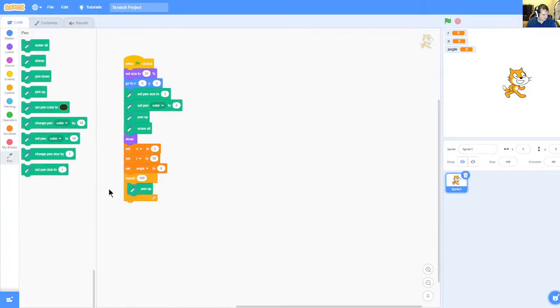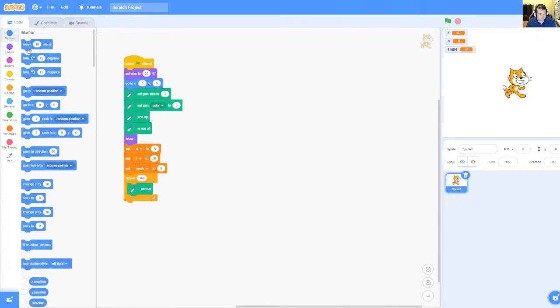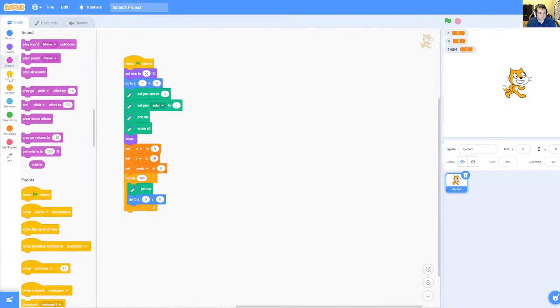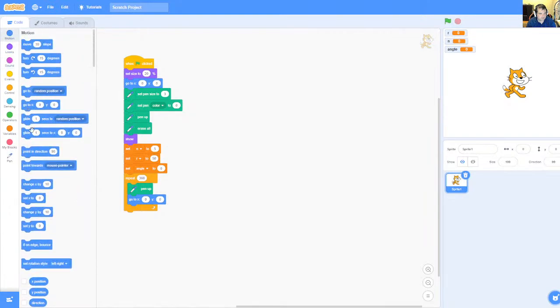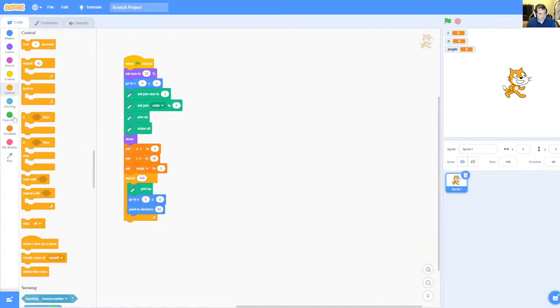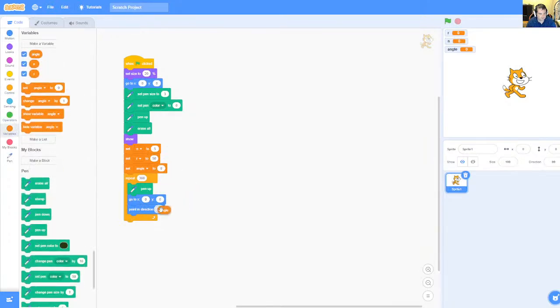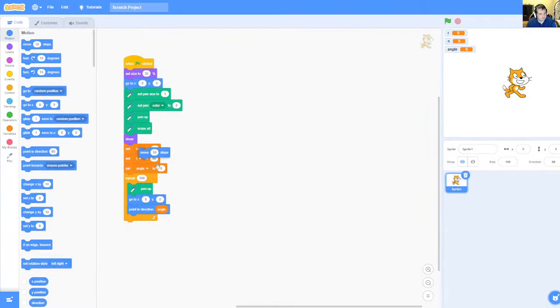All right, so my pen up, and then I'm going to go to 0, 0. And then I'm going to point in a direction. In here, point in direction, and I'm going to use this angle feature, variable called angle, and then I need to move, and I need to move that kind of weird radius that we were just talking about, and I can show you the